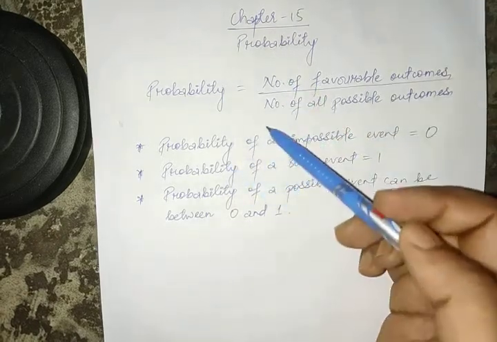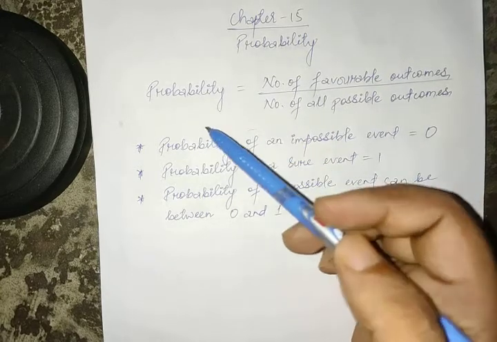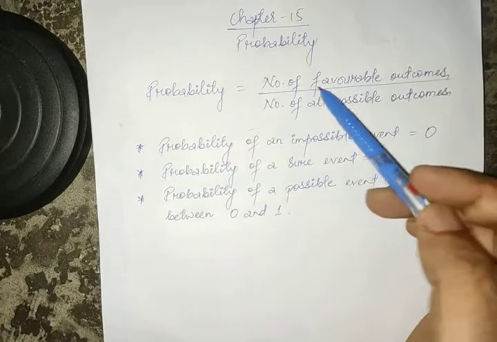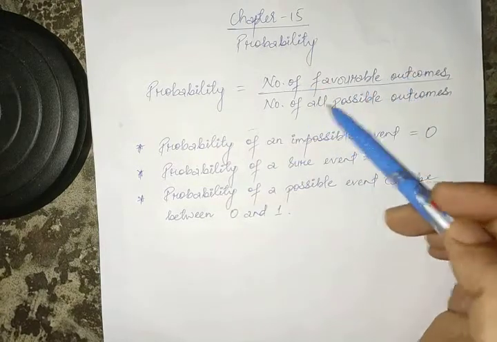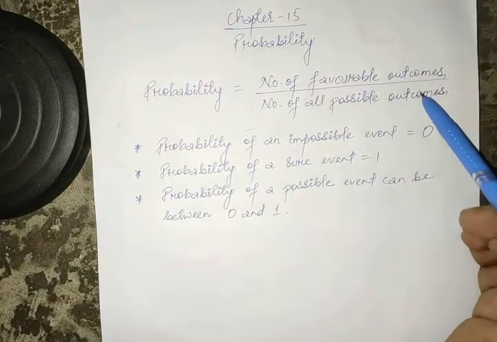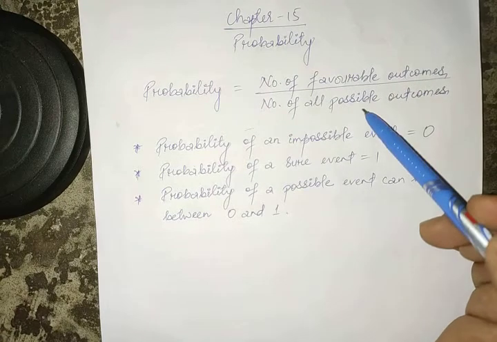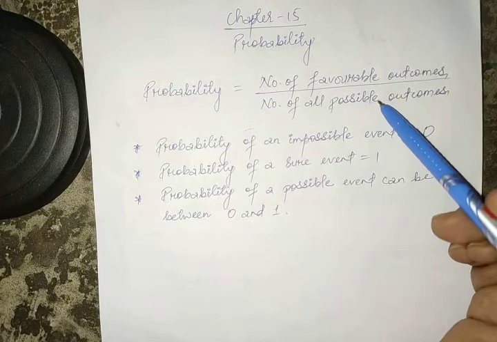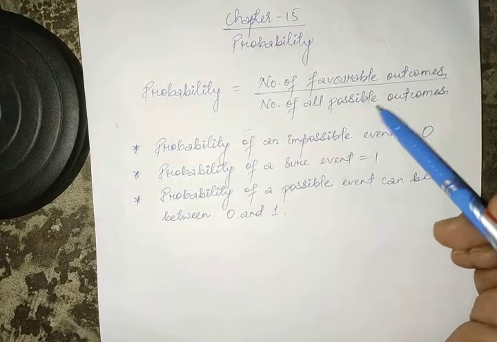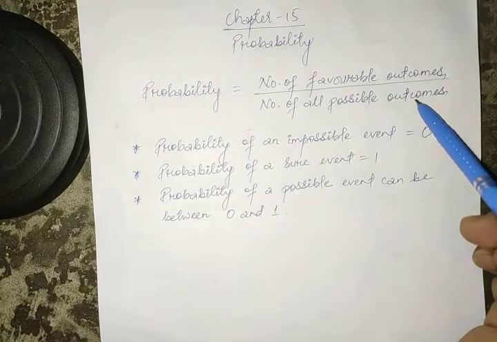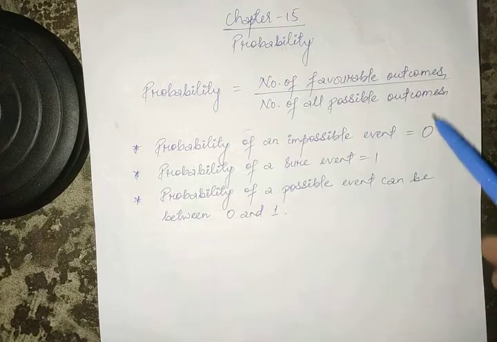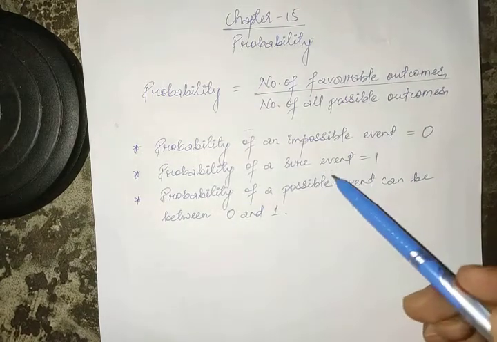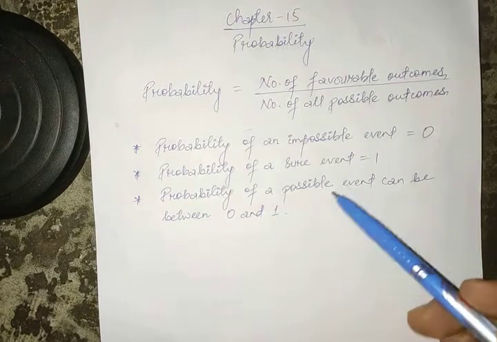So how to find probability of an event? For that there's a formula, okay? Probability is number of favorable outcomes by number of all possible outcomes. So let us talk about that dice. When you throw a dice, there are 6 possible outcomes, either it will be 1 2 3 4 5 or 6. Now let us talk about what will be the probability of a dice